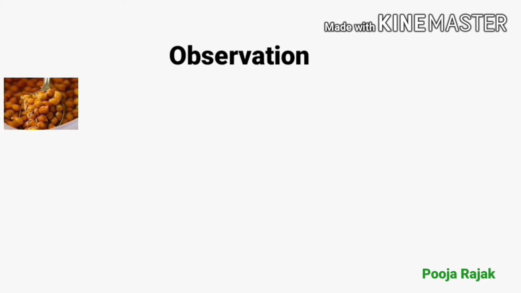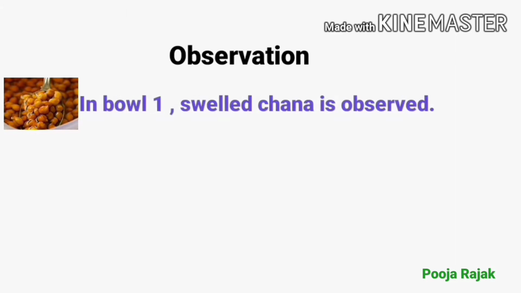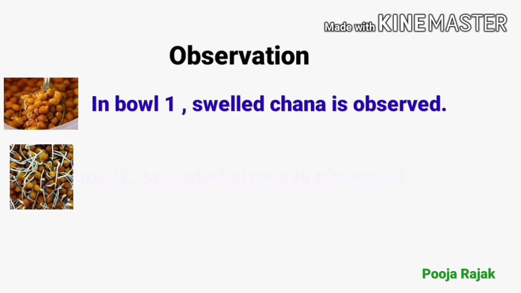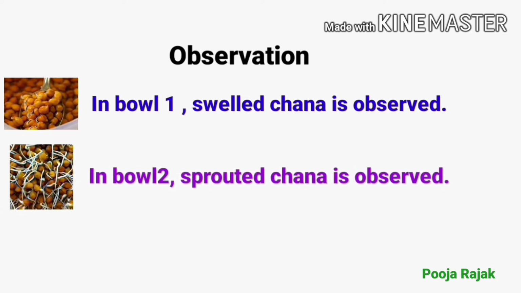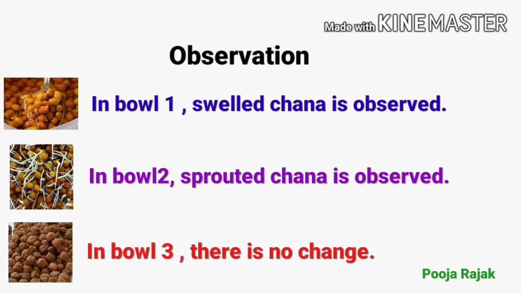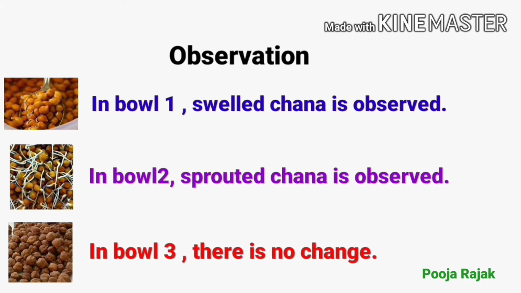In bowl 1, we can see that swelled chana are observed, okay? In the case of bowl 2, sprouted chana is observed. And in the case of bowl 3, there is no change. So what we can conclude from here? We can conclude that